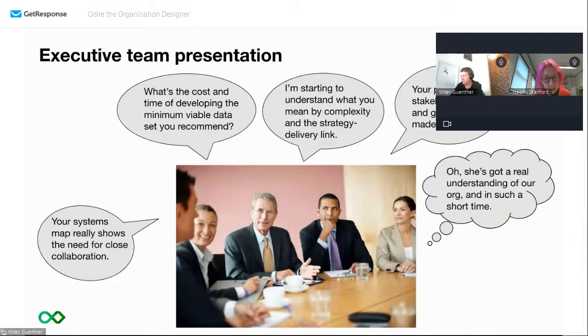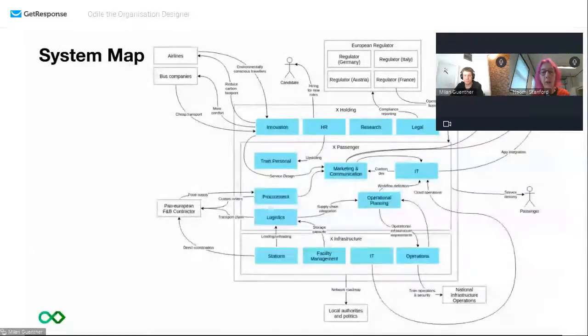So she's got through to this, and if you see the systems map, which I think is a very useful way of putting complexity across, and this is just the start of one, and thanks to Milan for doing this, it's really good, as I was explaining why they're very helpful. You start to build up visual pictures of the interdependencies, both within and outside the organization. And that becomes an area where you can start to think, do we need to design this bit?